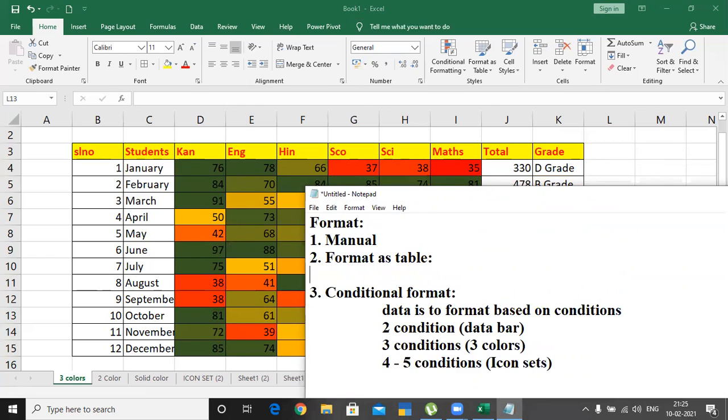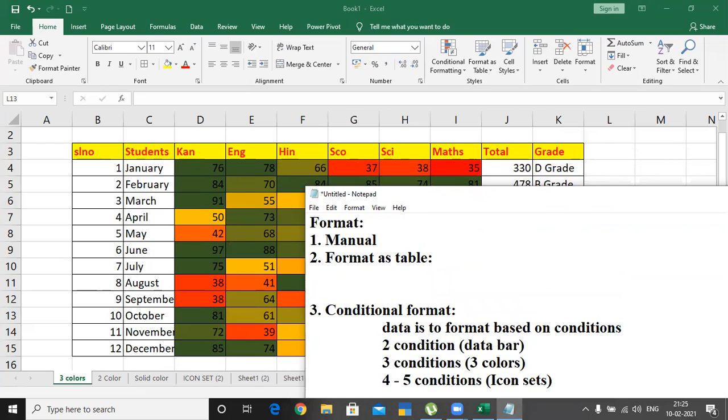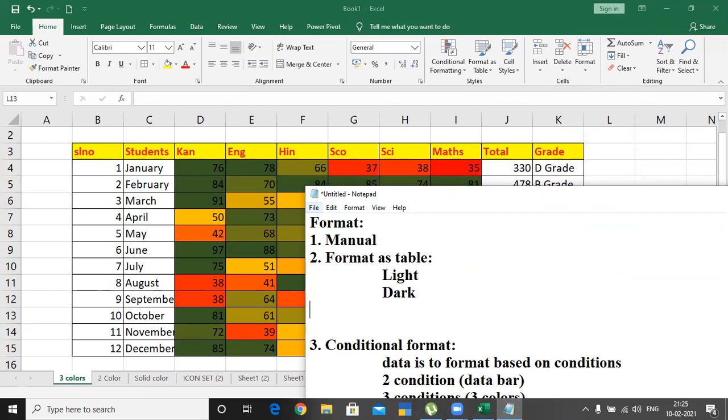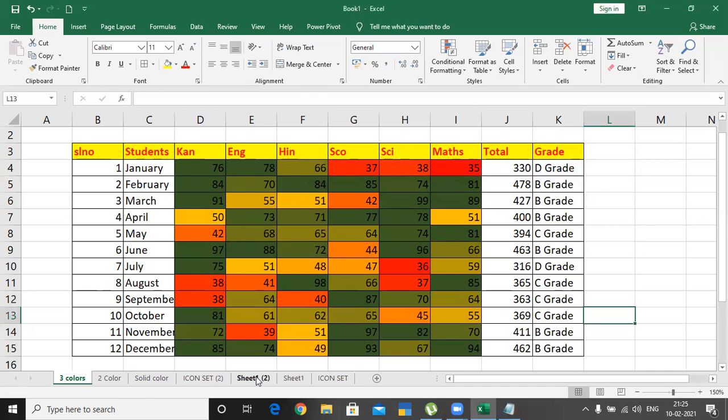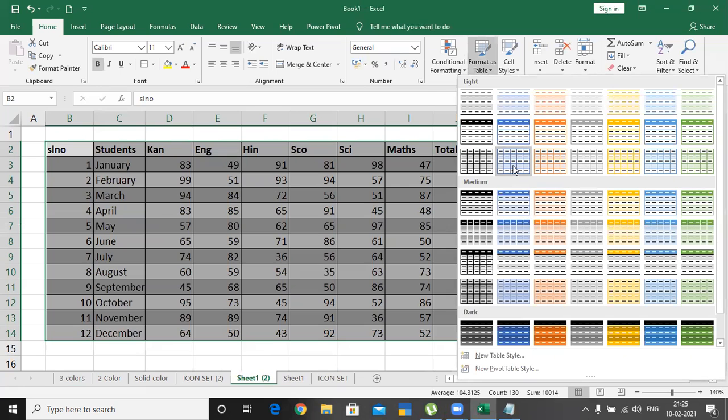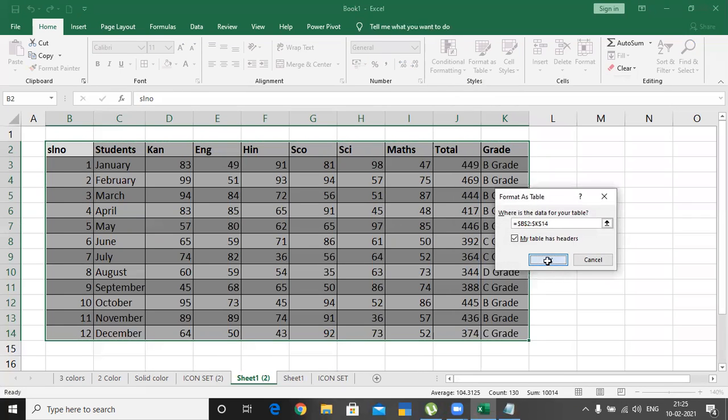Okay, and next, here we have format as table. In the format as table, there is the light category, I think you have practiced this one, dark category and medium category. So this is the main area. Go to format as table and set this option.